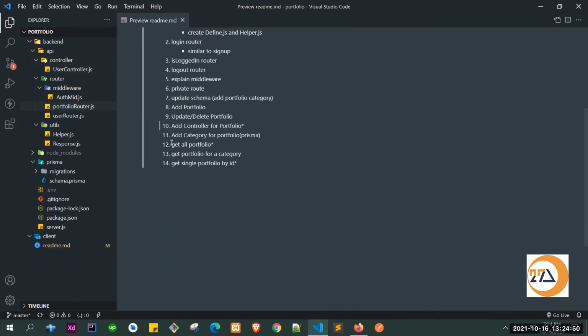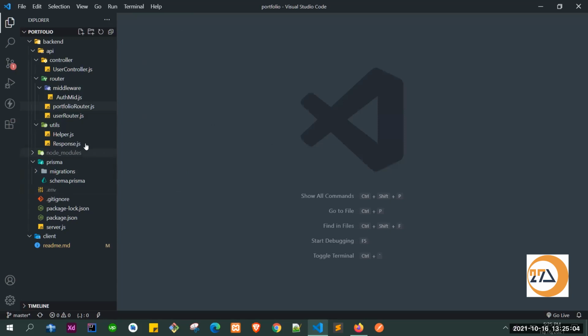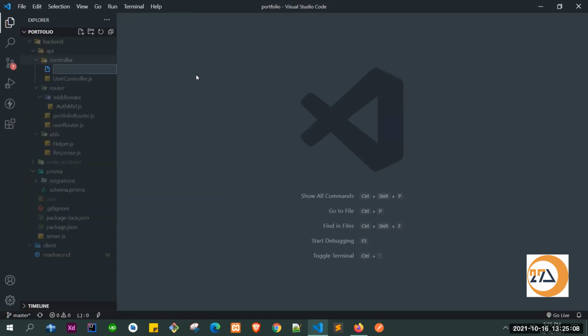after that we'll get all the portfolio for a user, and after that we'll get a single portfolio by the portfolio ID, like the details. So I think we can start. First of all, inside the controller folder we will create another file like portfolio